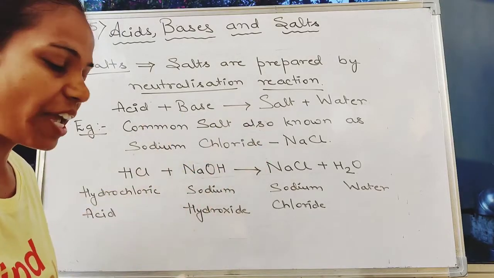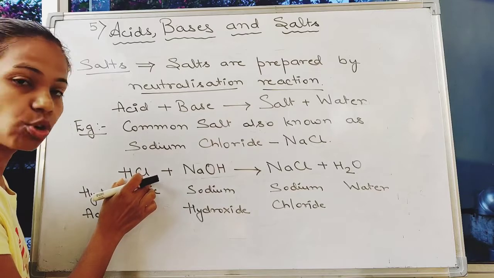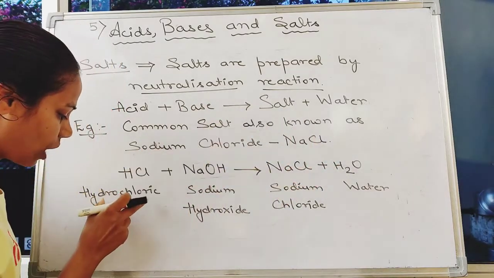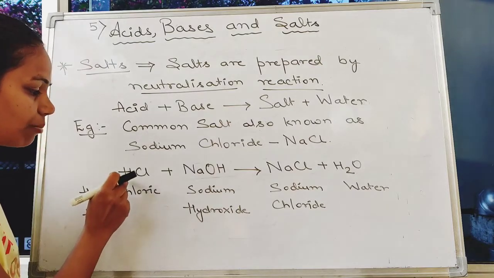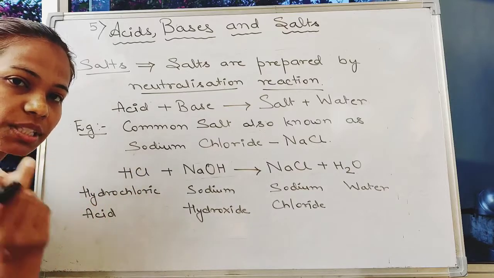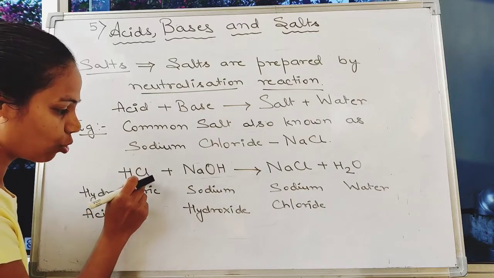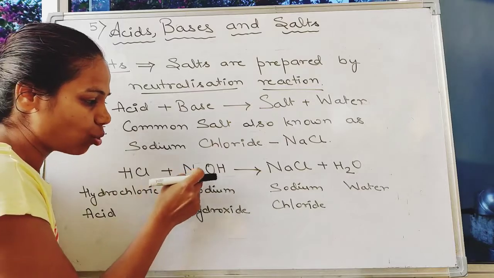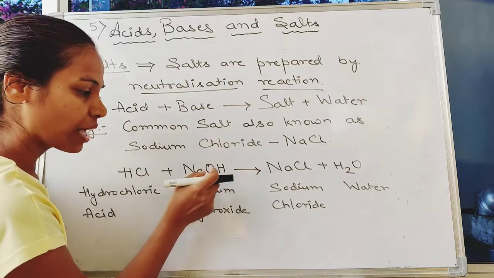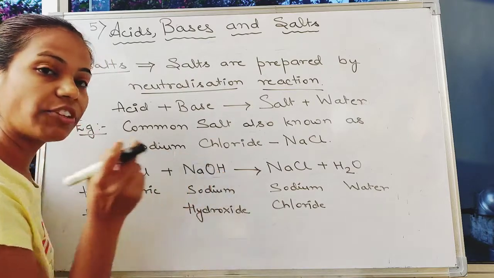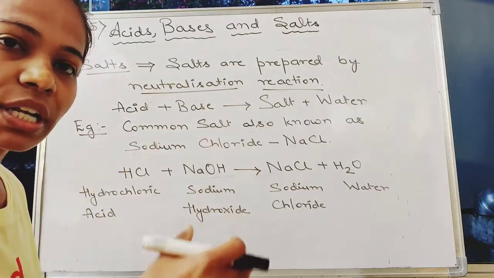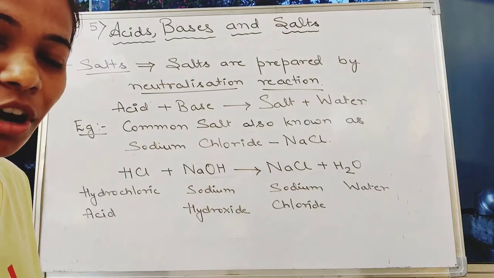It is formed when we react the acid, hydrochloric acid. Similarly for hydrochloric acid we had given the name: Hydro is for hydrogen H and for chlorine we had given the name Cl. Okay. So hydrochloric acid and the sodium hydroxide. For sodium again we are having Na, and for hydroxide we are having the formula OH. Okay, hydroxide means one atom of hydrogen and one atom of oxygen.